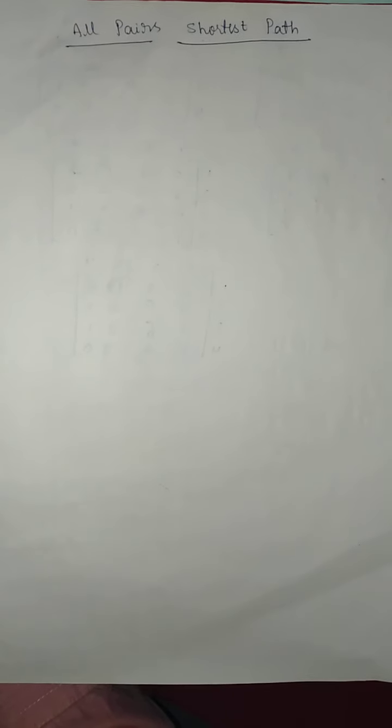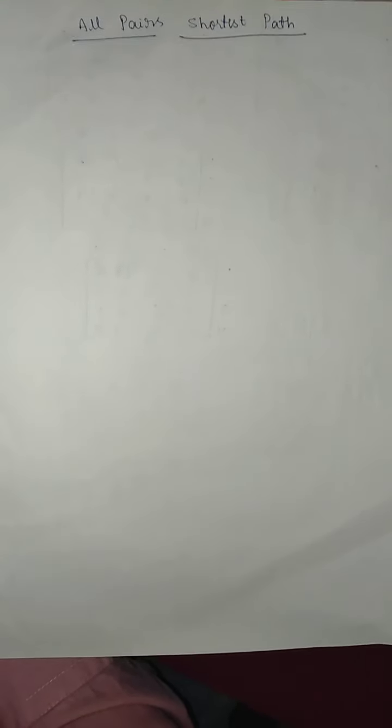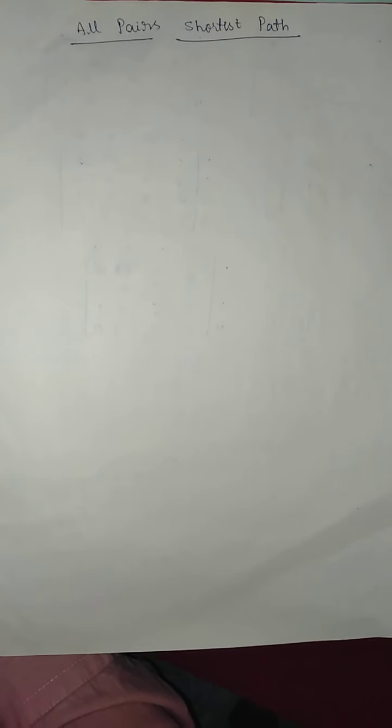So, in dynamic programming, after having looked at the transitive closure, that is Warshall's algorithm, we shall now move on to the next topic, that is all pairs shortest path. Regarding shortest path, you have already learnt one algorithm, a greedy method, in the previous module: single source shortest path. Which is the algorithm? Yeah, it is Dijkstra's algorithm. Dijkstra's algorithm is used for the single source shortest path.